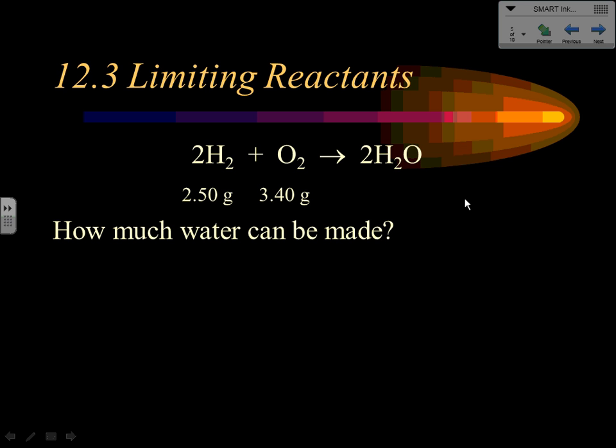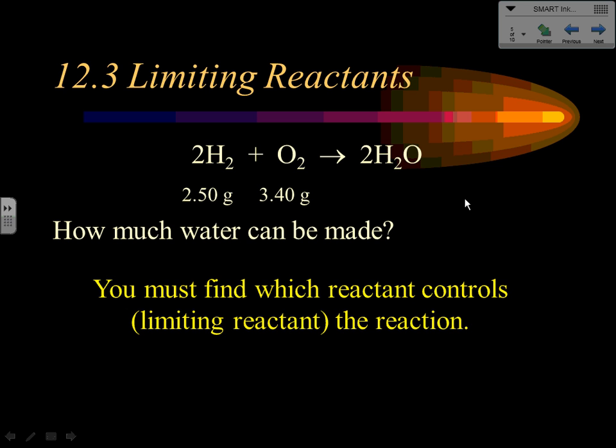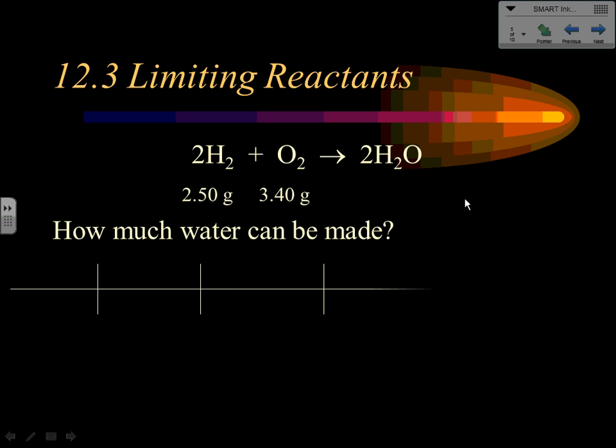Now, what I'm really doing is the limiting makes less idea. To find out my limiting reactant, what controls the reaction, I've got to find out: is hydrogen or is oxygen my limiting reactant? Now, to do that, I'm going to use the limiting makes less idea. Whichever one makes less water has to be my limiting reactant. So I'm going to start with 2.50 grams of hydrogen, and I'm going to predict how many grams of water